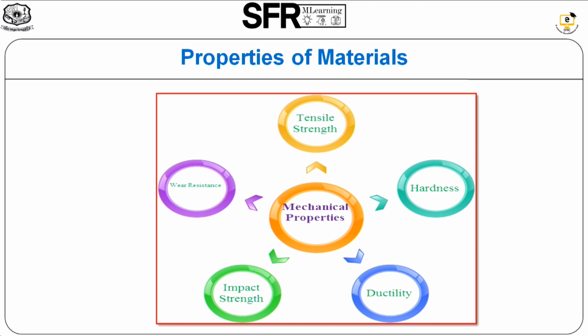And next one is the impact strength. It is the energy required per unit cross-sectional area to fracture a specimen. That is, it is a measure of the response of a material to shock loading. And last one is the wear resistance. It is nothing but the ability of a material to resist friction wear under particular conditions. That is, to maintain its physical dimensions when in sliding or rolling contact with a second member.